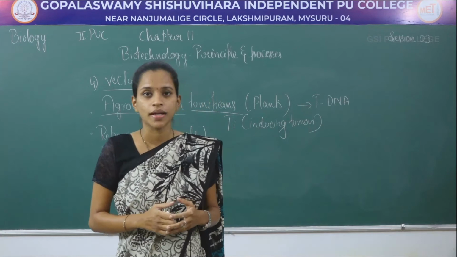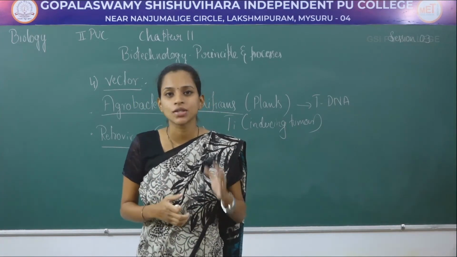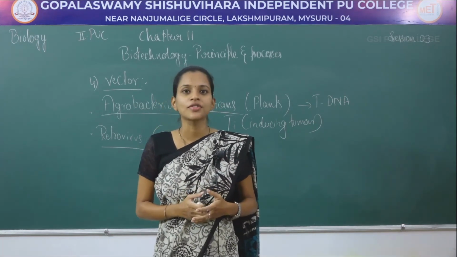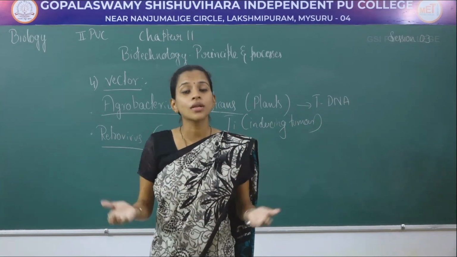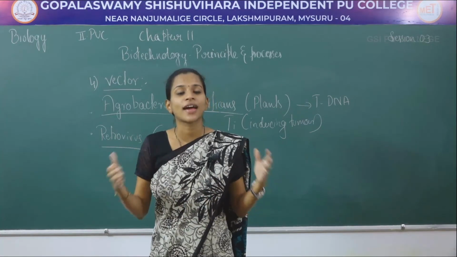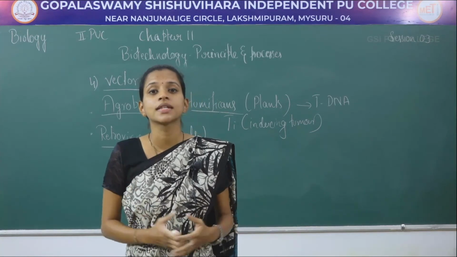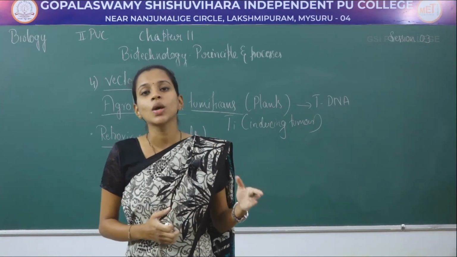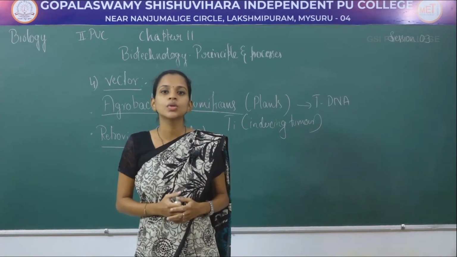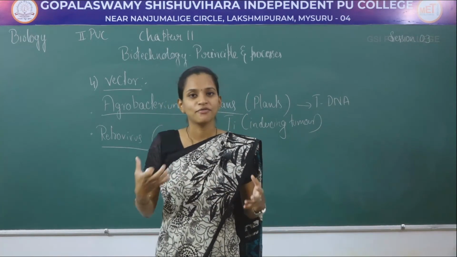Next was the cloning site. In the cloning vector we did see that a linked DNA is introduced into the vector at a particular recognition site, for the action of restriction enzymes. The more the recognition sites, the more the action of restriction enzymes, and more fragments will be produced. So we did discuss the diagrammatic representation of an E. coli vector, that was pBR322, where we have chosen two different antibiotic resistance sites, that was tetracycline and ampicillin.